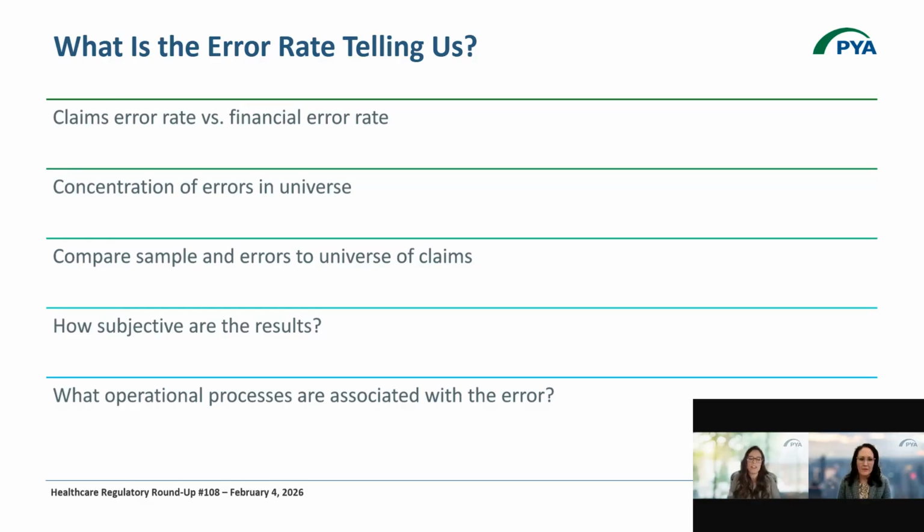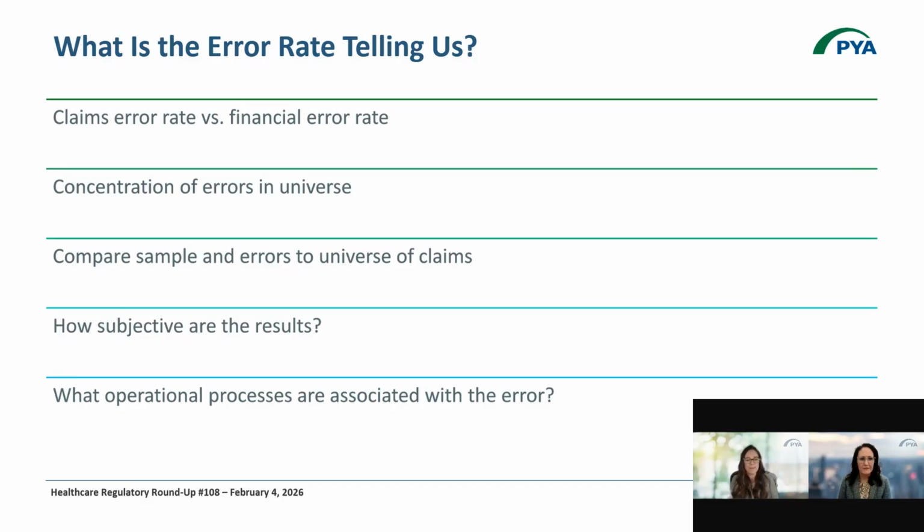Next, determine the concentration of errors in the universe. So were they isolated to a specific provider, a specific time period, et cetera? You don't want to immediately assume that everything is systemic just because it showed up in the results. Then you want to compare your sample and errors to your universe of claims. So that universe is the clean data that you sampled from. And this will help show if your findings are